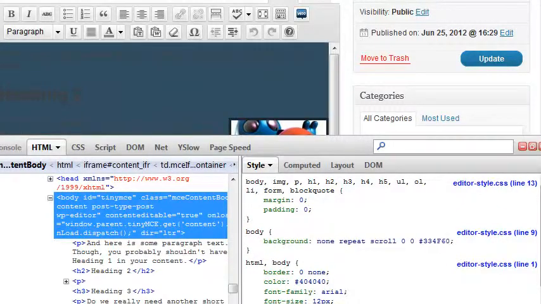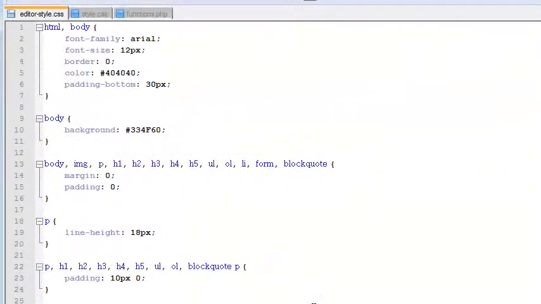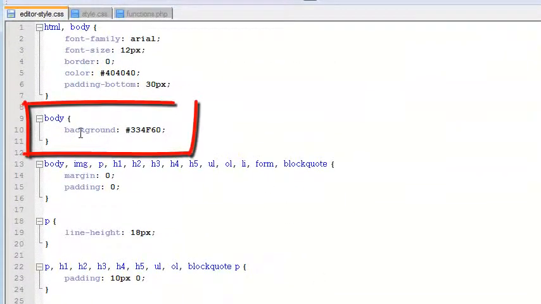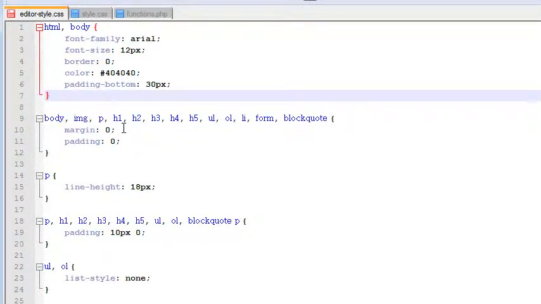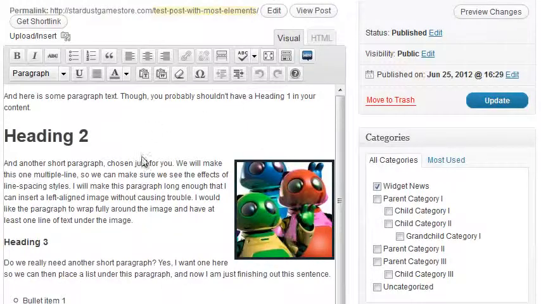So when we, in our style sheet, we added that body tag up here with the background, we just need to eliminate that because we don't want that background on our editing pane. In the live page, it's covered with other backgrounds, but that's not so in our editing pane. Now I've refreshed the edit post screen and the styles of the content